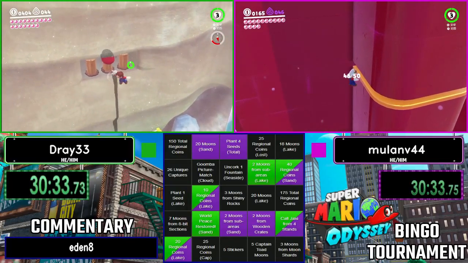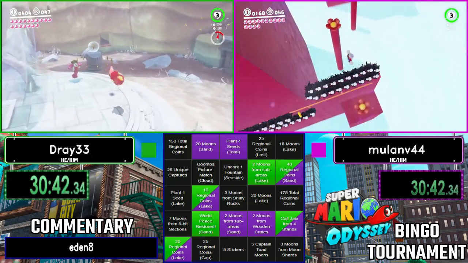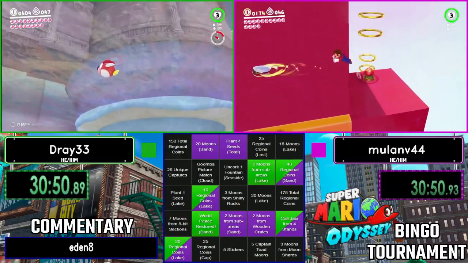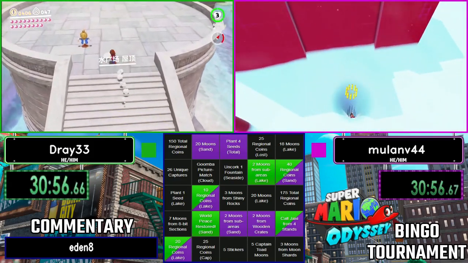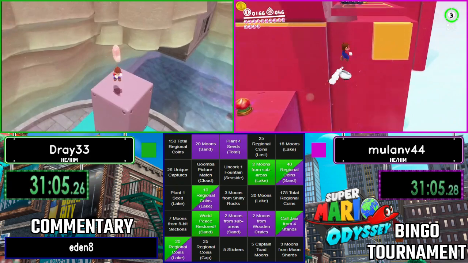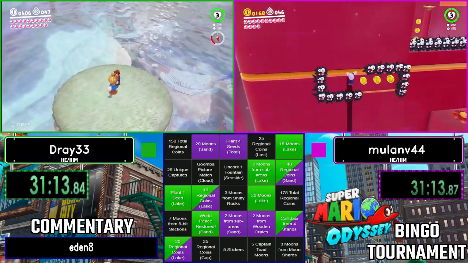Mulan also going to get the moons from this sub area. If Mulan is checking off any bingo squares, that could be a thing. Maybe Mulan's just bamboozling us. Mulan unfortunately takes a death. It's very easy to die in. Alright,